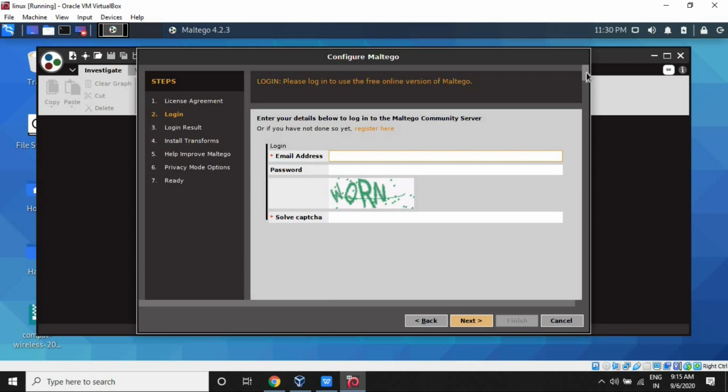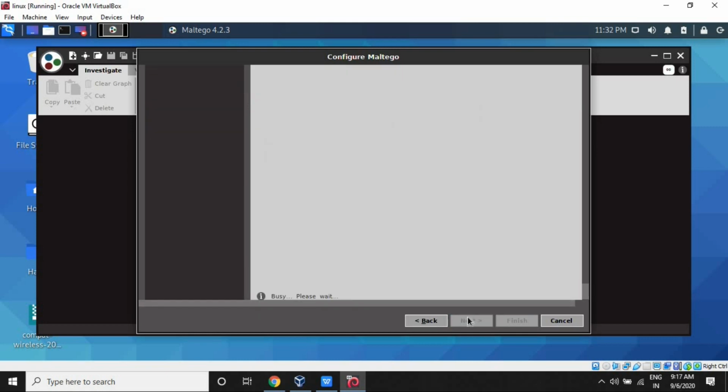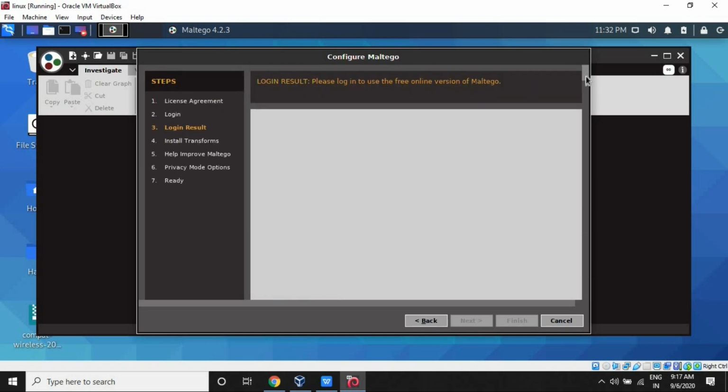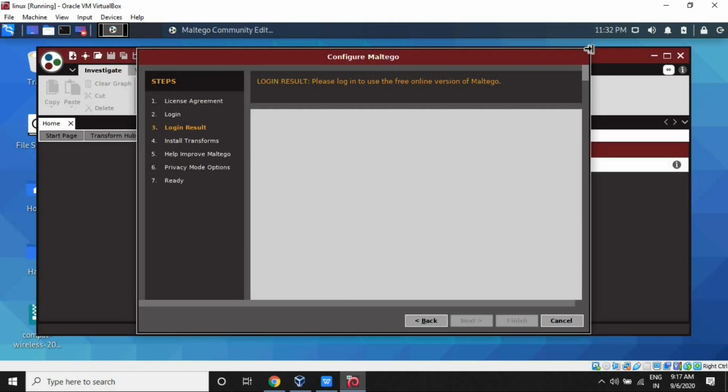After the license agreement, you will get an email address and password which you have to put. I'll put the password and the captcha. Put the upper one, whatever captcha is there. So that one is there, I'll keep this one only. After that, use the Gmail address which you used at the time of register. I'll use that Gmail address also. Once you have kept the Gmail address here, click on Next. After doing that login, you'll get a result now.